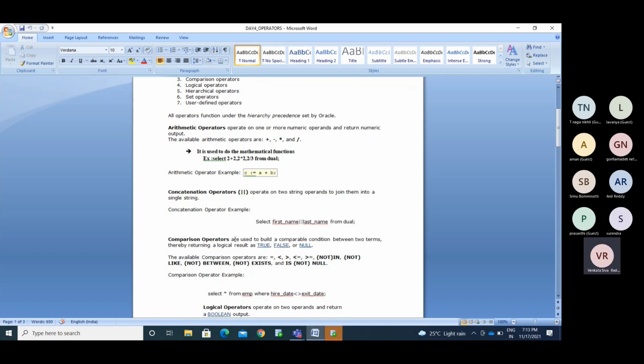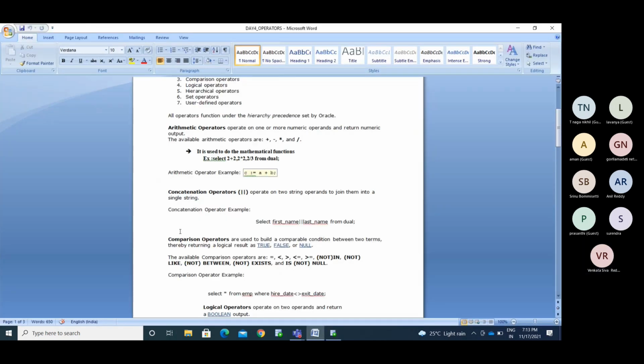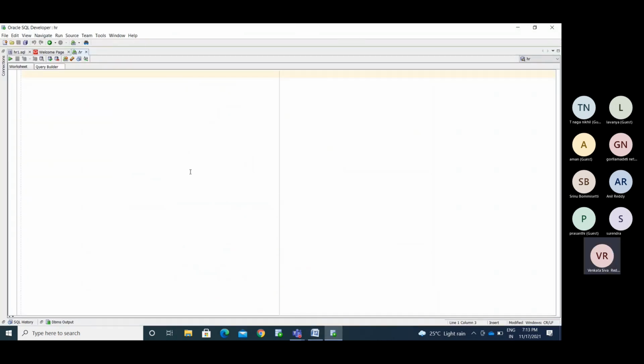Comparison operators will help you to check the conditions. So you and me are equal or not. So you is greater than me or not. If you want to compare the values, we will use the comparison operators. If you want to perform any comparisons, we'll use that.